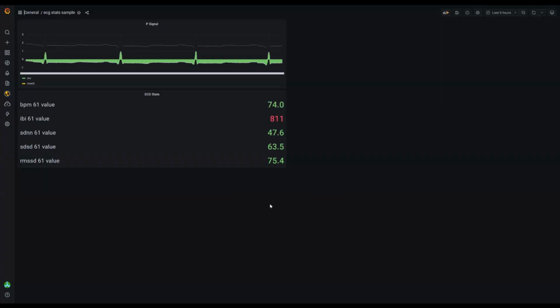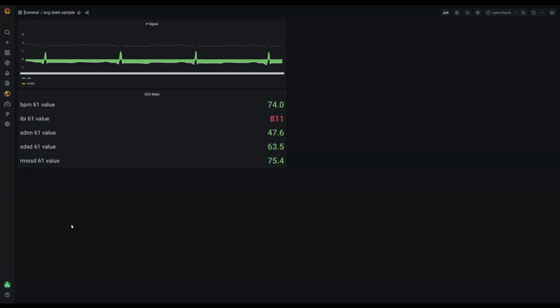Here we have the screen from Grafana where I'm using those API calls from the data connector to show the stats and just the straight down P signal from the projects. So this is from the workflow, this is from the projects. The output from that is plotted here. This could be in Grafana, or other software like Looker, Tableau. So it provides a great service for all those use cases.